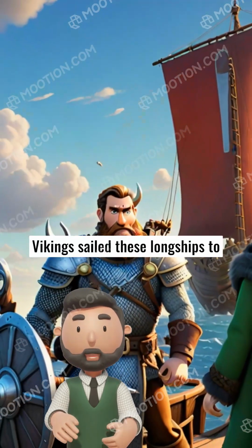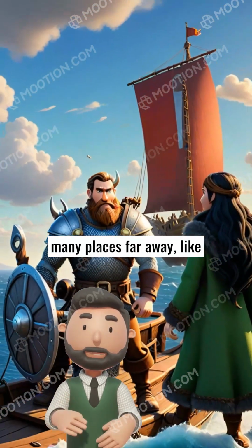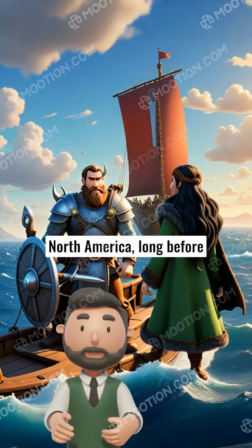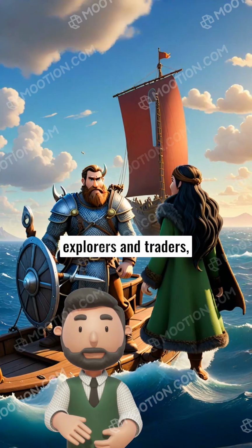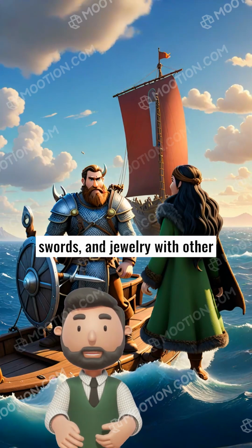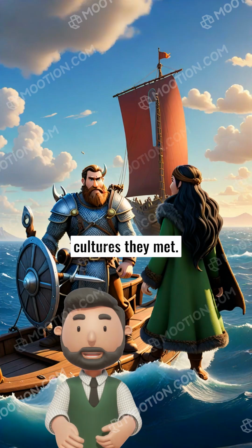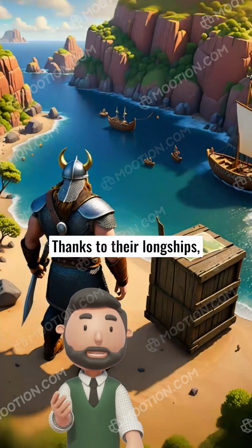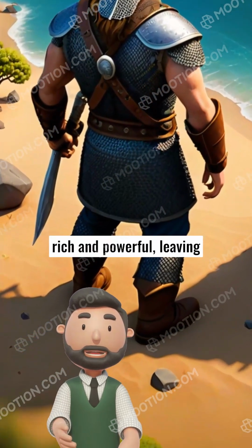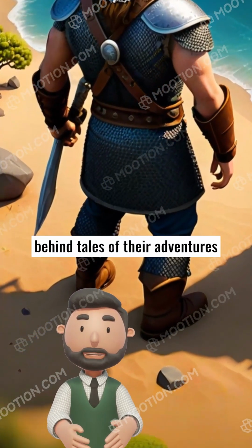Vikings sailed these longships to many places far away, like Iceland, Greenland, and even North America, long before Columbus did. They were explorers and traders, exchanging goods like furs, swords, and jewelry with other cultures they met. Thanks to their longships, Vikings were able to become rich and powerful, leaving behind tales of their adventures that are